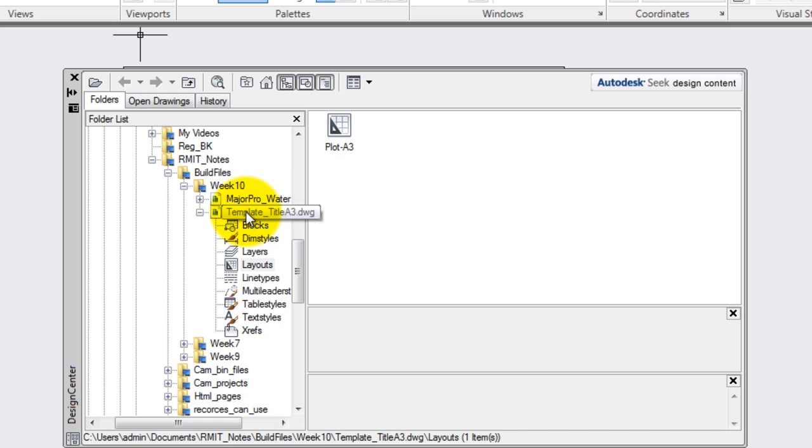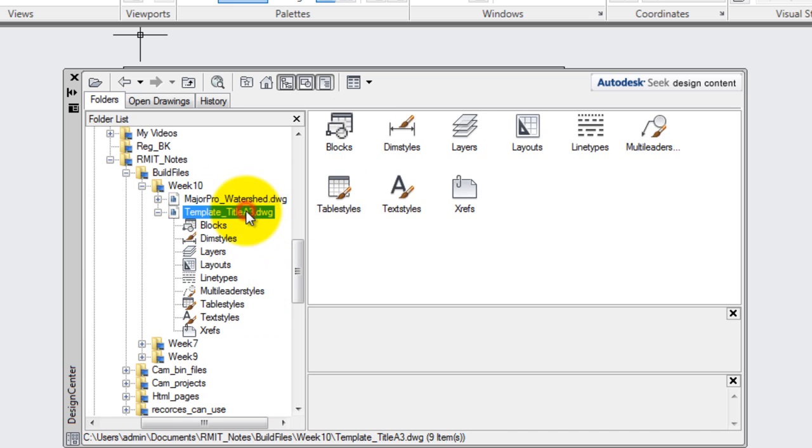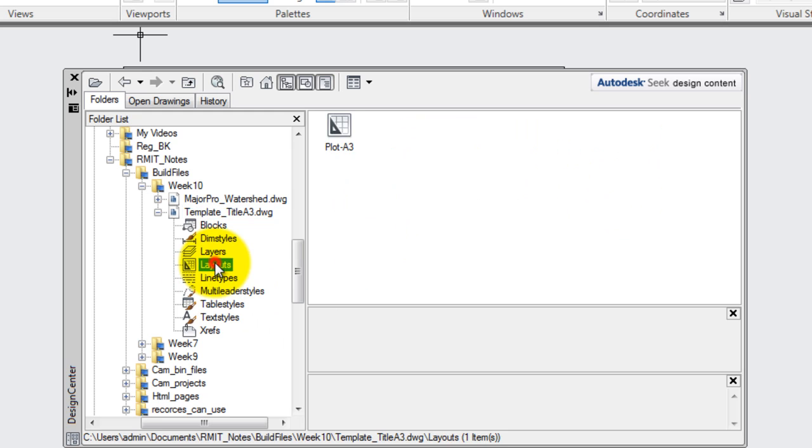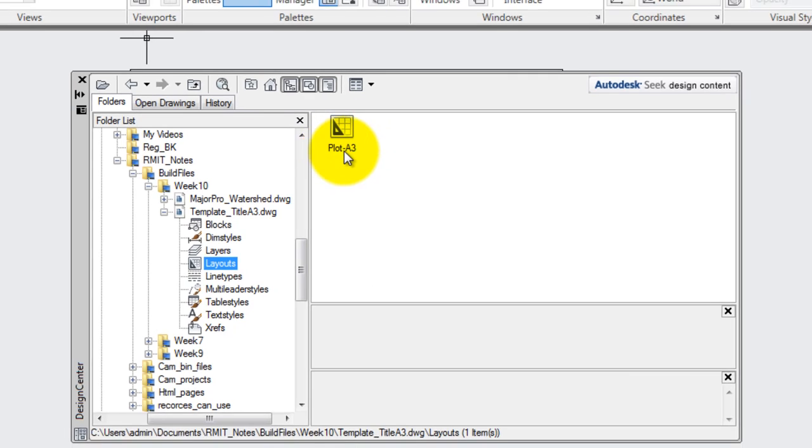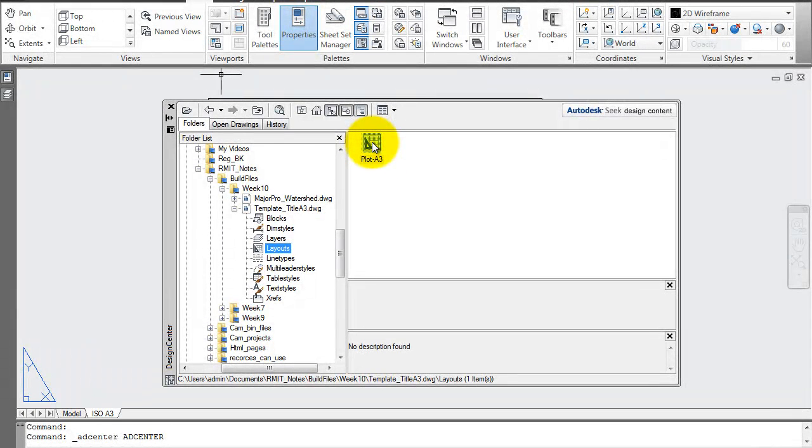It's called Template Title A3. And when I click on the layout here, it gives me what's inside the layout. If I click on the actual design itself, it gives me all the different elements that are available inside that I can import into my existing drawing. But for this exercise, all I need is the layout, and as you can see, there it is there. And I've named that layout sheet Plot A3. Now, it's just a matter of picking it up, dragging it down here and dropping it into the existing document